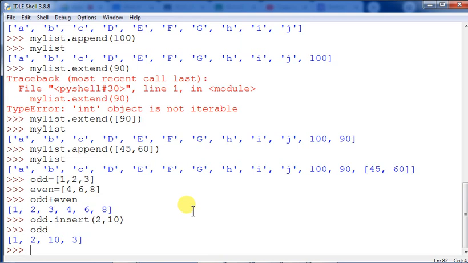So append and extend add a list or an item at the end of the existing list, but with insert we can insert it wherever we want just by mentioning the index. So students, you have seen extend, append and insertion in the list. Kindly practice whatever has been shown here, implement it practically, and follow the live class explanation while you are doing the practical. All right, thank you students.